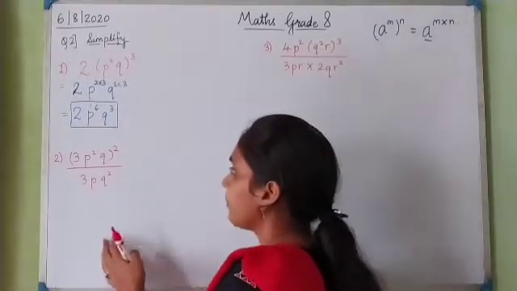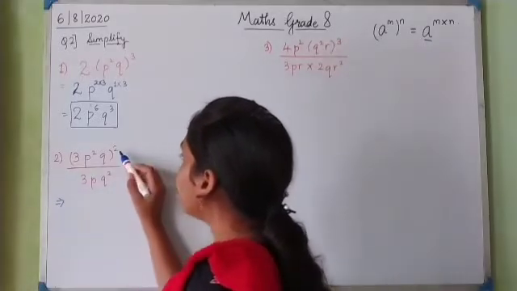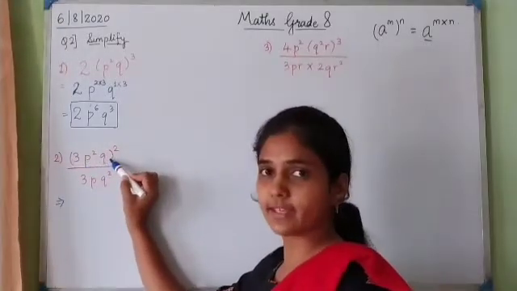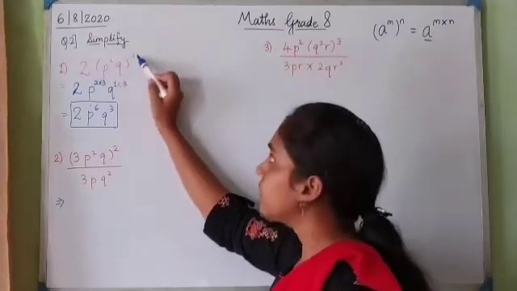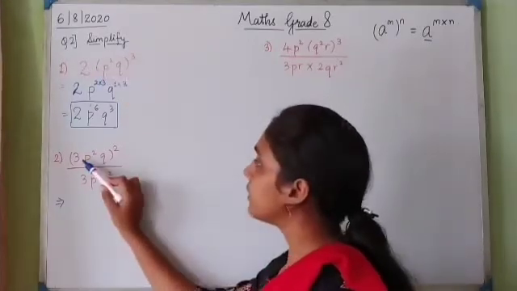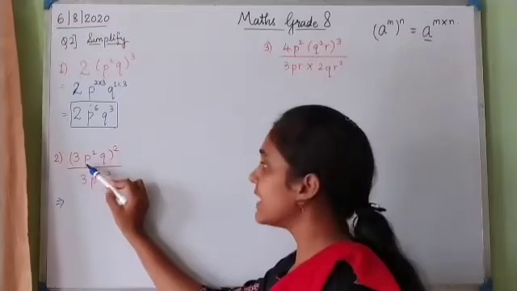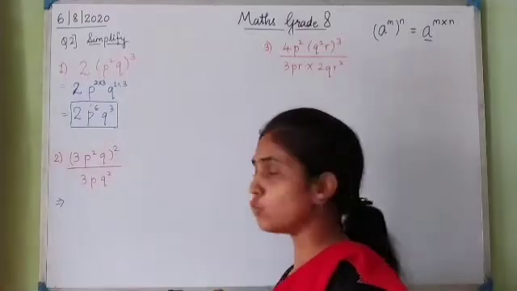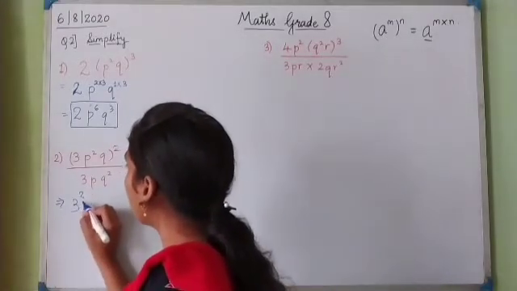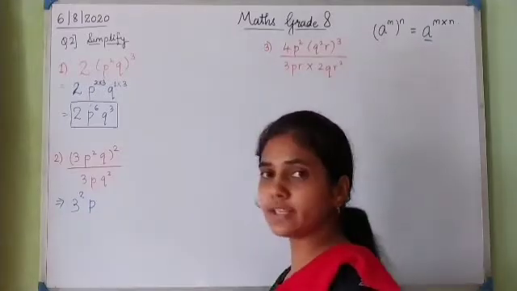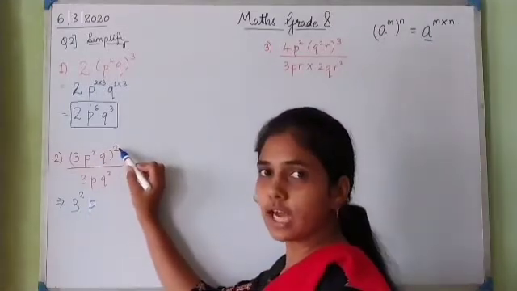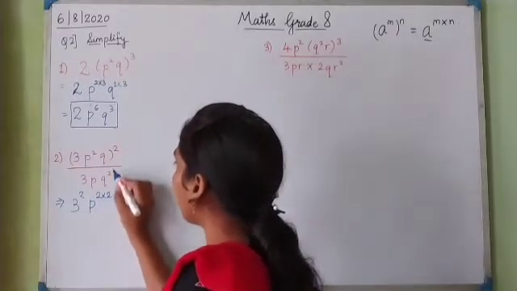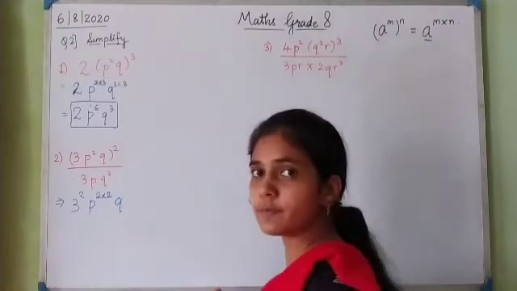Okay, now we go to the second example. Here you can see that this power 2 is for all whatever is there inside the bracket, right? Before, 2 was outside the bracket, so the power 3 was not for 2. But here this constant 3 is inside the bracket. So whatever is there inside the bracket will have this power 2. Okay, so we write 3 raised to 2, then p raised to 2 multiplied by the outside 2. Why? Because there is a bracket between them. So 2 multiplied by 2, and q is not having a power, so its power is 1.